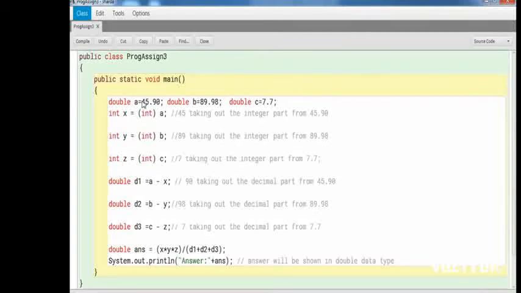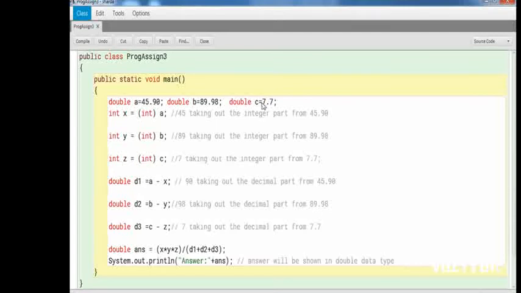The next one is int y is equal to int of B, that is the integer part of B, which is 89. The third statement is int z is equal to int of C. C has 7.7, so the integer part is 7.